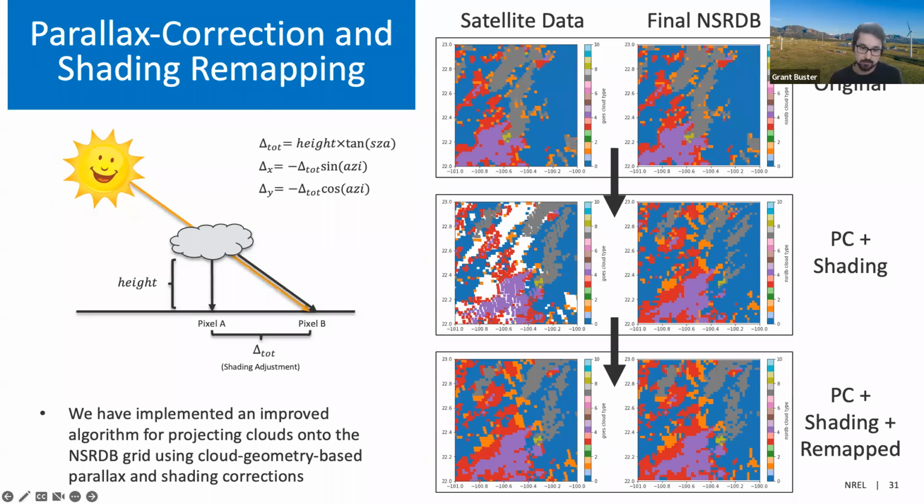So what we've done in the recent versions of NSRDB, which is reflected in the most recent data release, is implemented methods to not only parallax correct the cloud over the pixel that it's literally physically over, but then also apply the cloud properties to the pixel in NSRDB that it's actively shading based on the sun's position. So this gives us a much more accurate representation of the irradiance that's actually being observed at the surface. It really improves a lot of things like timing. So you get really accurate timing of clouds as they pass over and shade different pixels. Pretty cool model. Next slide.